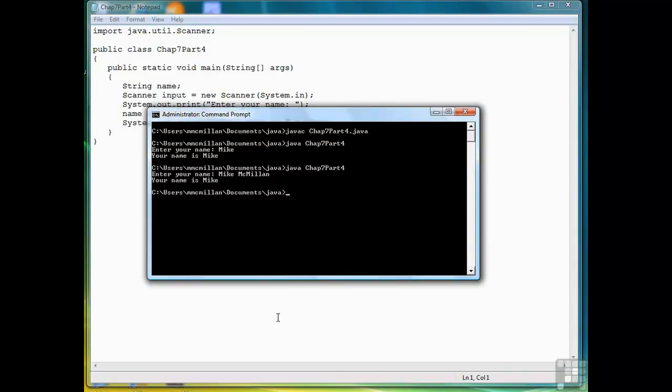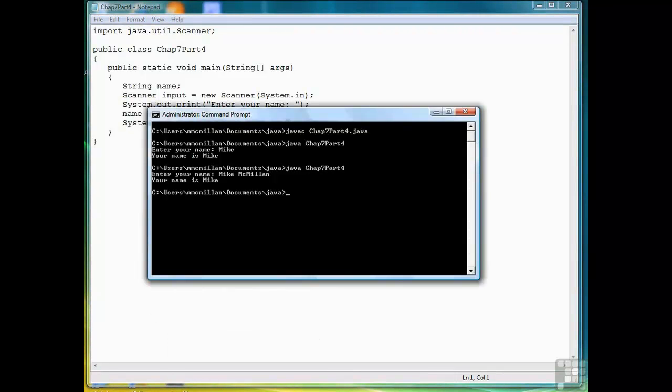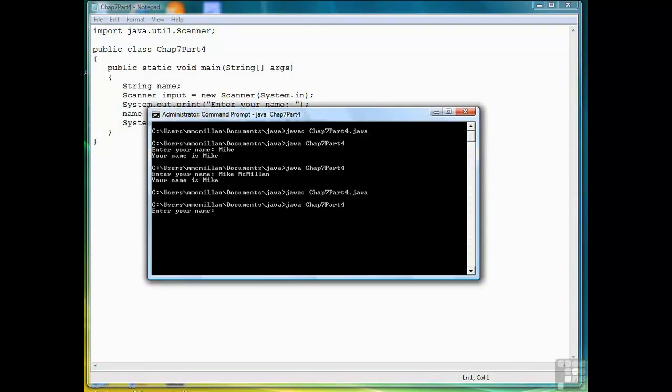If we want to retrieve more than one piece of string data that's separated by a space, we need to use a different method. That method is called nextLine. So what I'm going to do is I'm just going to add that into our program right here. Save the program. Let's compile it again, and then let's run it. So now if I enter my full name, it works. I can enter part of a name,